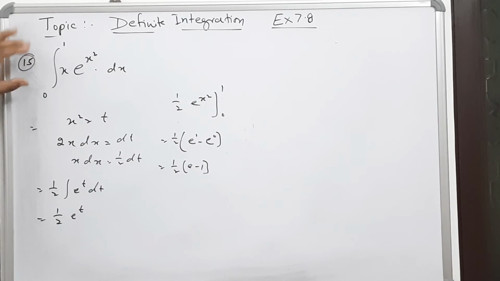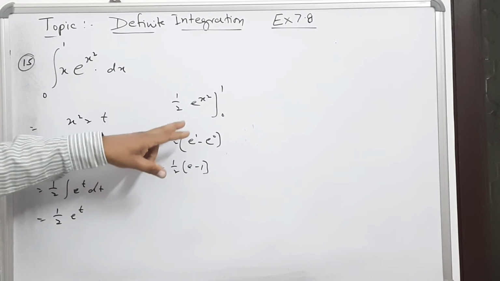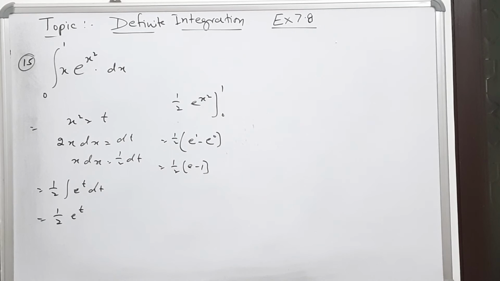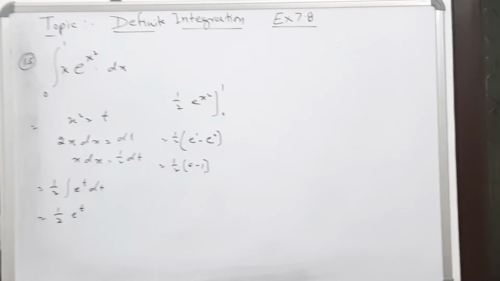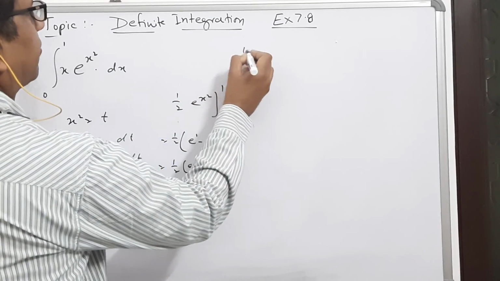So if there is a substitution, we can remove the limit for some time. We can integrate, put the value of t again, and then again the limit will appear. This method is also there, and there is one more method that I will explain you in the next exercise. So I hope it is clear to you how to find. There are different sums which we can apply in this. See one problem where even the answer is 0 also. I am taking one problem.